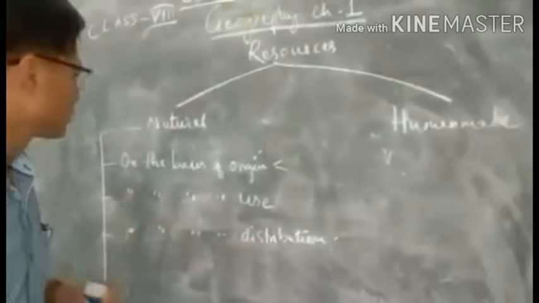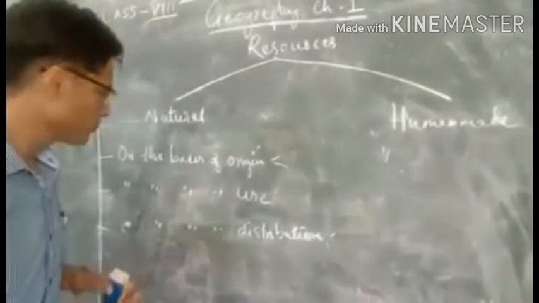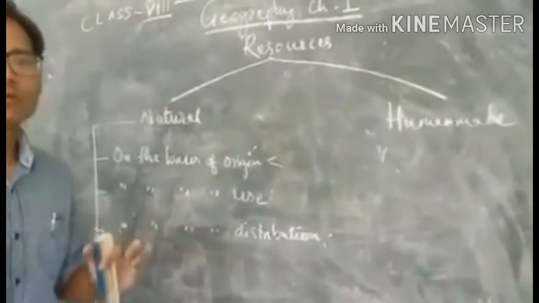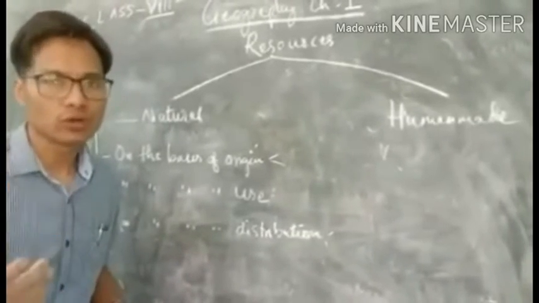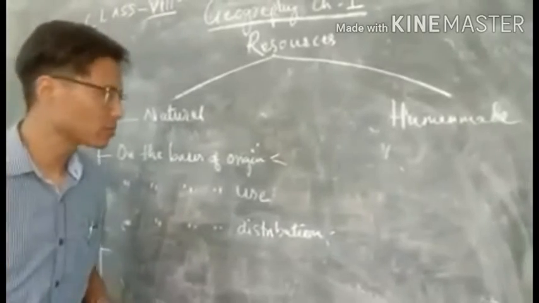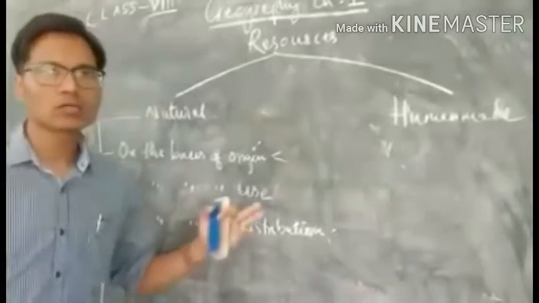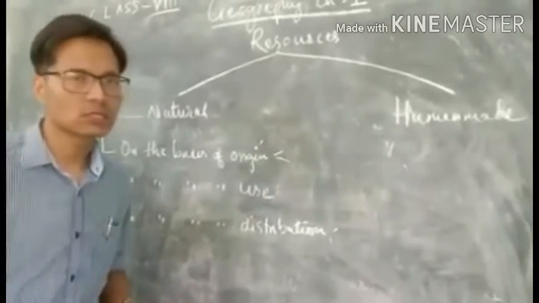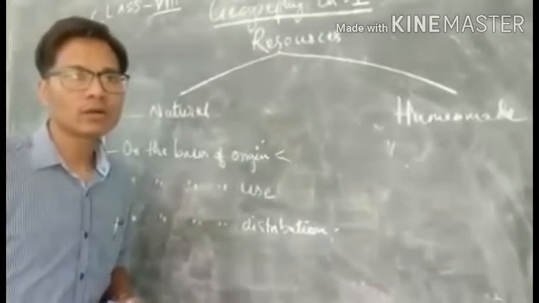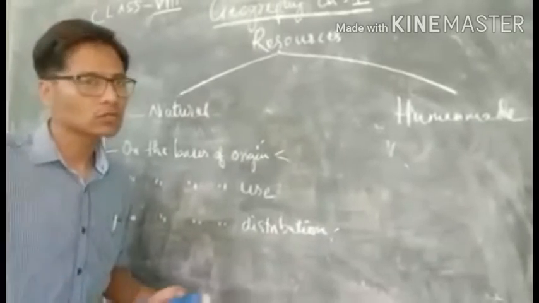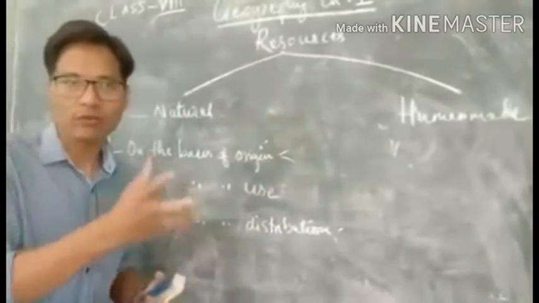So these are the three. One more thing we have to understand is that natural resources are also renewable or non-renewable. Renewable means which can be renewed, which gets renewed over a period of time. Renewable resources are, for example, the air and the water. Most of the natural resources I told you about, like air, water, wind, of course get renewed. They never get used up entirely, so they are always there.